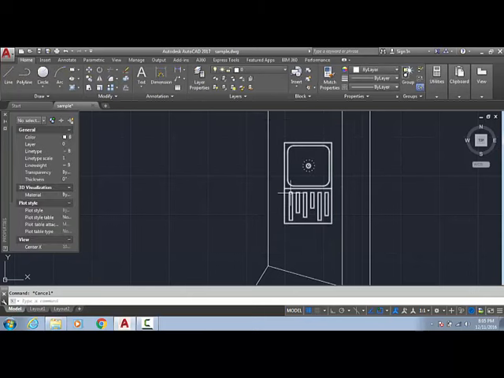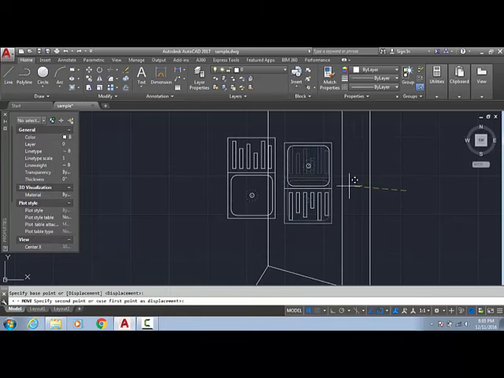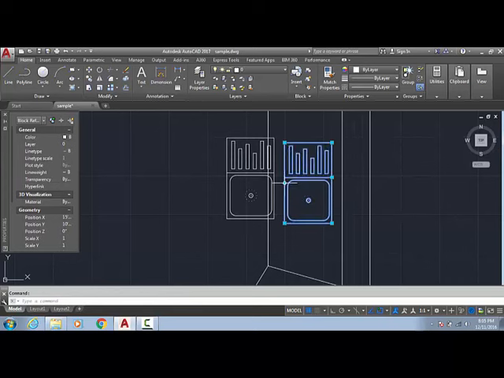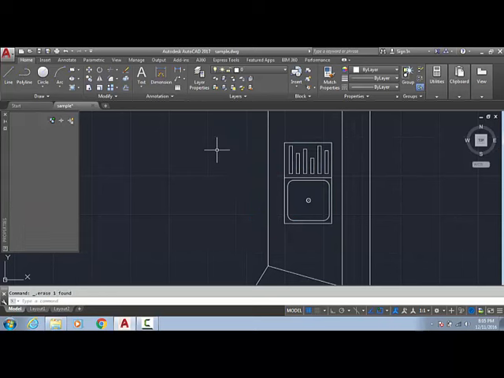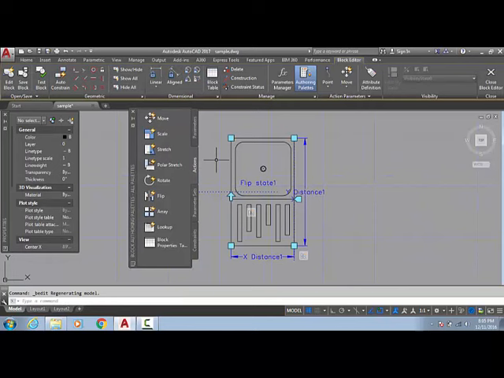Now what happens if I mirror it? Mirror, enter, select object, hold shift, enter. Now it's again the same object, but instead of using this command we are able to flip it directly from here. Okay, now if I go to the block editor, I want to see the lookup, which is a different thing. I will show you. Flip, everything is quite okay.